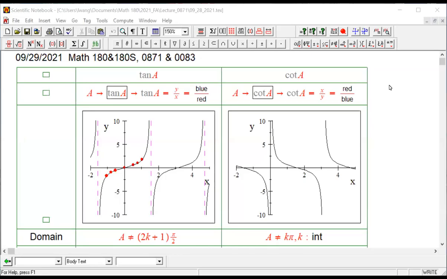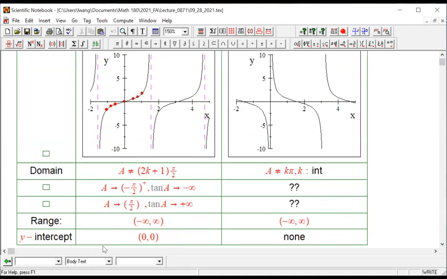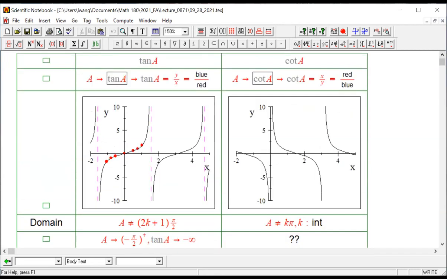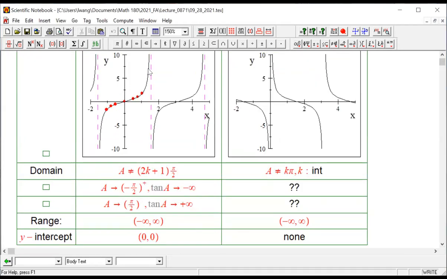Okay, so let's see, where did we leave off? What did you guys find out about cotangent? You can start putting your answers on the chat. If you have the work done, you can upload your file if you wish, a picture or something. So yesterday and the day before, we talked about these interesting features about